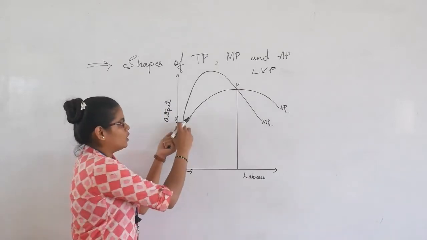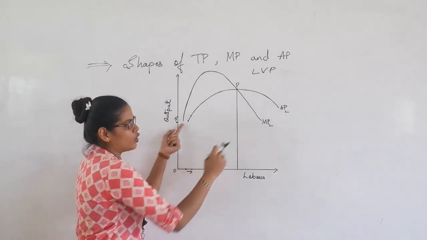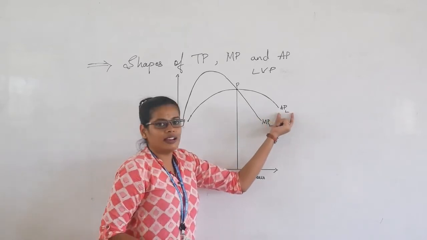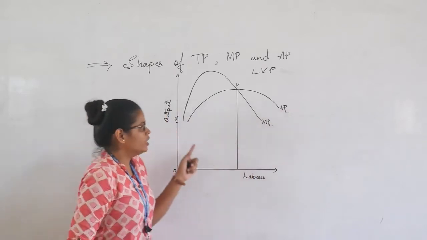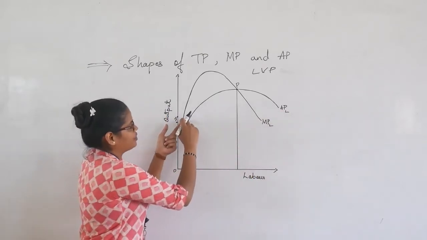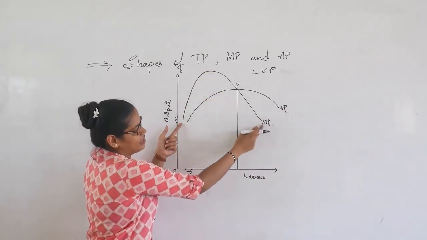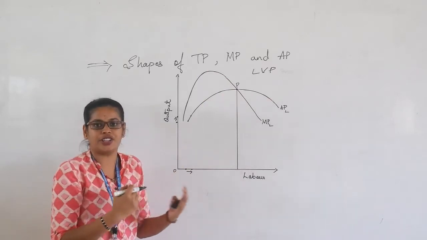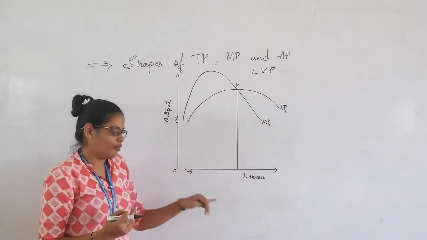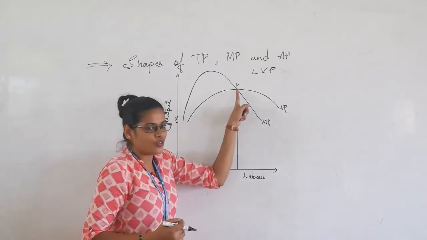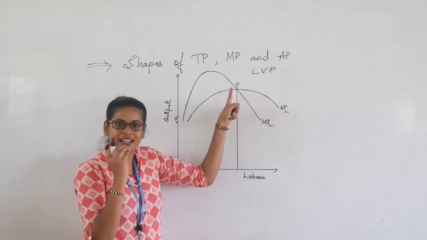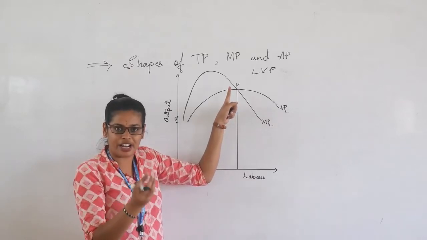Same way, you can also see that AP is always the average of the MP, right? So if you have seen, there is an increase and there is a decrease as we have changed the inputs, which is the labor. You can also see that the AP is also increasing at a certain portion or certain ratio, and